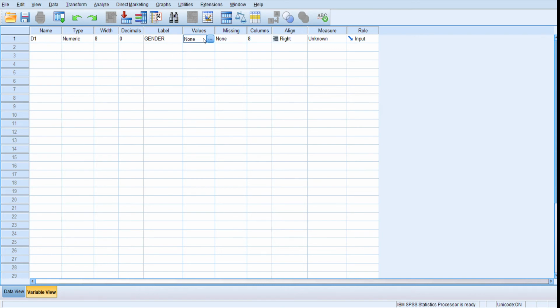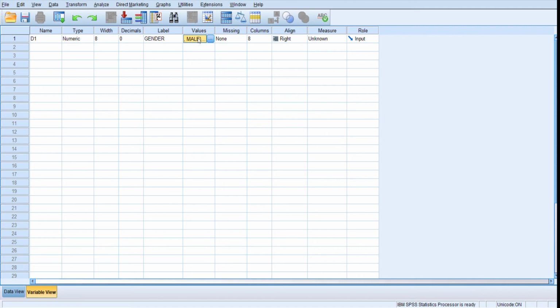The next one is, if your question has options, say for gender, 0 stands for male and 1 stands for female. So here I am typing 1 for female and adding it.